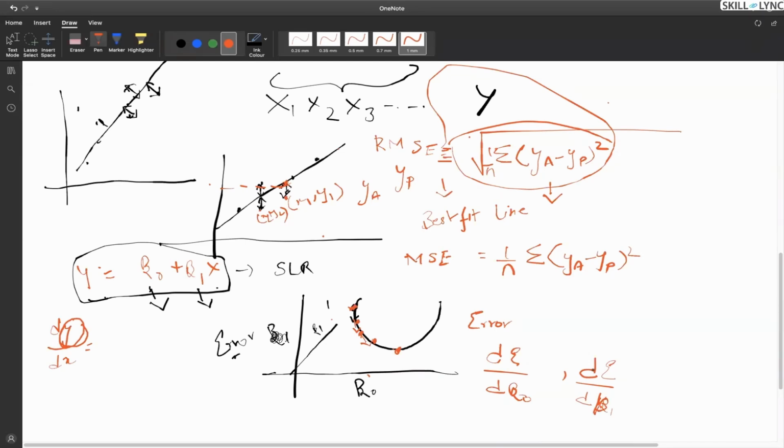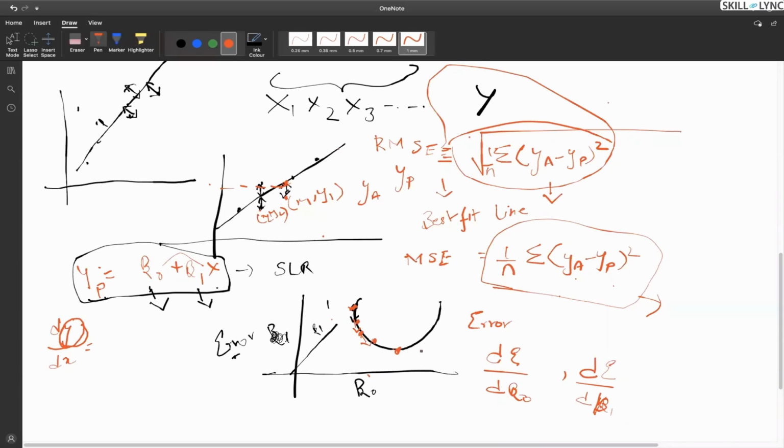Okay. And what is the error equation? For simplification, we can use this error equation. Now you must be wondering, where is x here in this equation, right? Actual value is already given. The predicted ones would be based on this. Substitute that yp in this error equation, and then you have to differentiate. And once you differentiate, what you will get? You will get tangents, right? So by that you will get, and slowly you have to move down, and by that you will get the